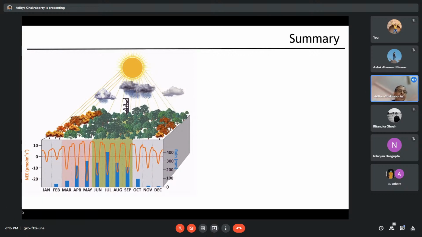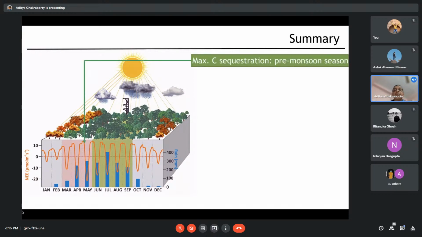And during the onset of monsoon, or basically during the springtime when it starts getting rain, it becomes green. That is why March to September, October, it is totally green. Then photosynthetic activity picks up and becomes maximum during the month of May, which is shown here by the maximum NEE value, that is, maximum negative value. So this schematically shows the carbon sequestration process in these forest ecosystems.